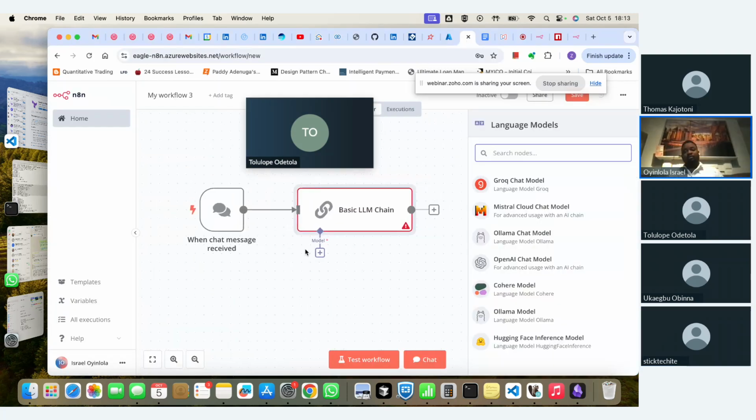Okay. So now what we are building here is that we don't want to push the work to our users. We want our model to know. So the question will be, what are you complaining about? What is the issue you're having? And then the user says, I noticed some transactions that I did not do, and I'm suspecting fraud. And then the AI model should be able to know that this is meant for this team, and then we route to that team effectively. So we want to be able to detect,